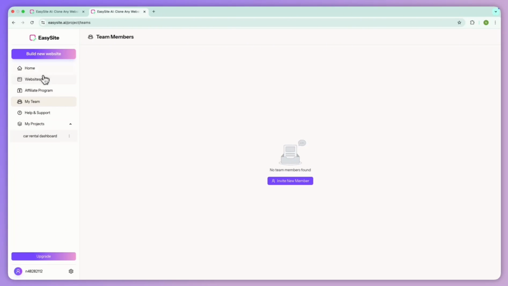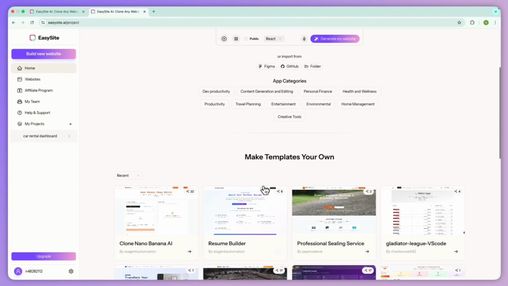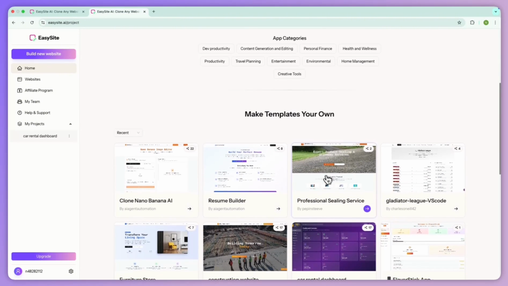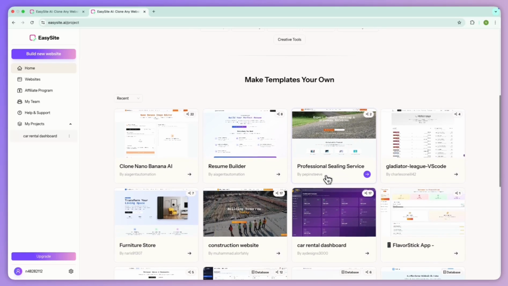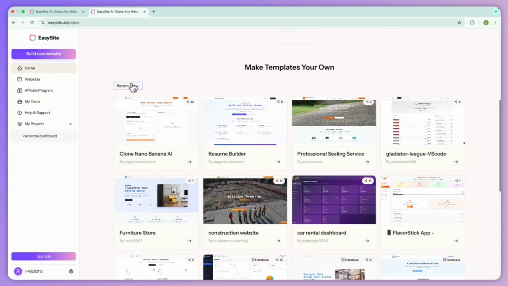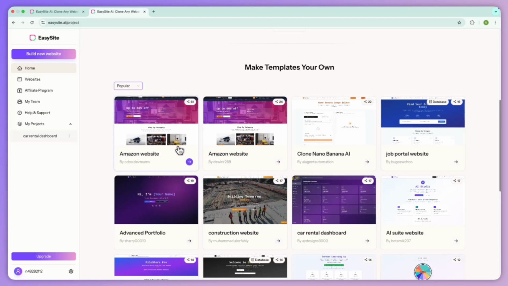All right. And then let's go back to the home and click build new website. So scroll down to make templates your own. So this section is fun because you can pick a ready-made project and customize it. You'll also see the recent website being shared like Clone Nano Banana AI, Resume Builder, Professional Ceiling Service, Gladiator League, VS Code, and Furniture Store. You can also change the region to popular to see what's trending. There you'll find things like an Amazon-style website, a job portal website, an advanced portfolio and construction website, and an